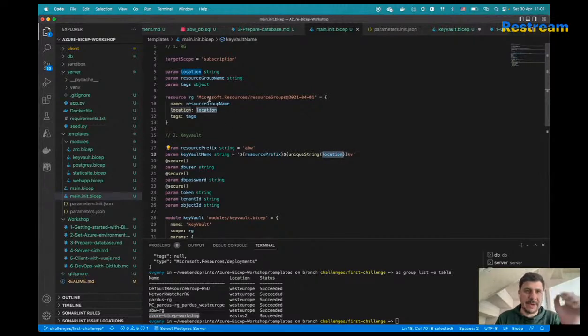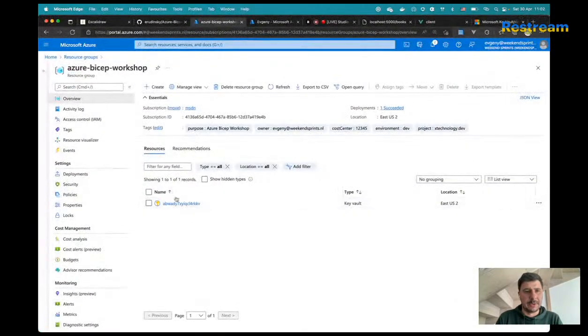So the location we define as a parameter. So remember, we specified EastUS2. So we just use that unique string on the EastUS2. So we just did a hash for that using the unique string, and that's why we see those random